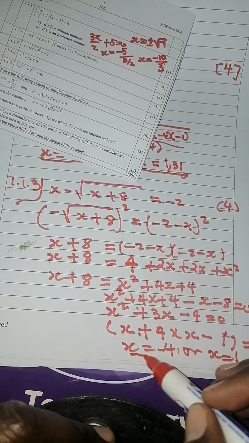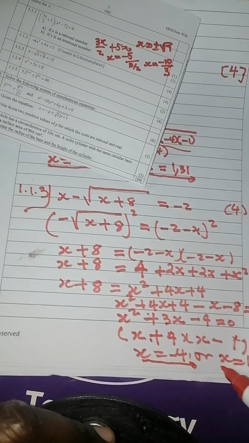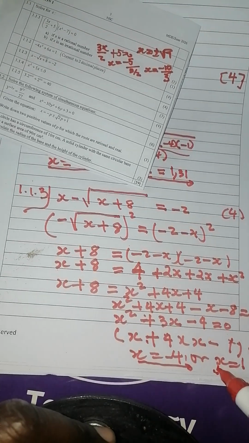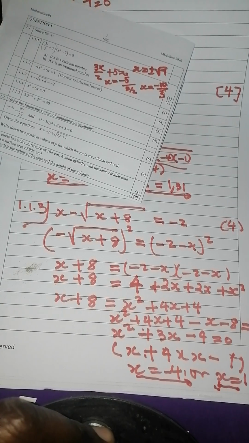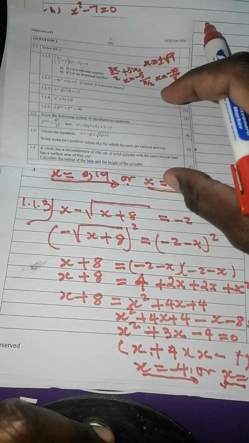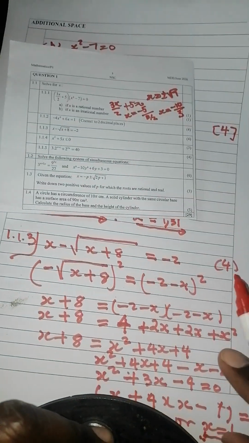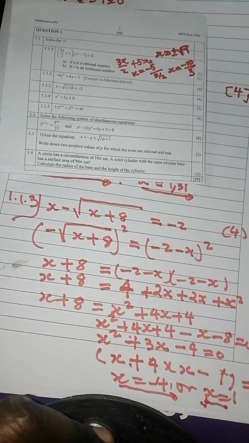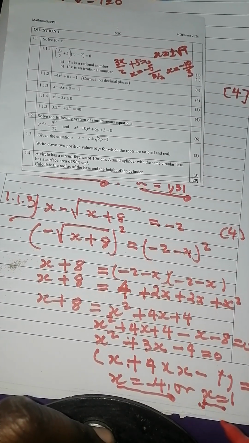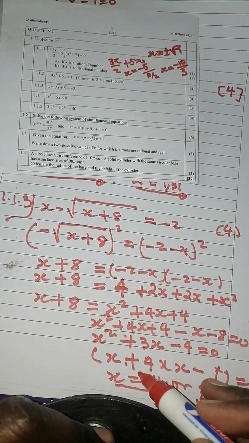Then, ladies and gentlemen, if you take the negative 4 to replace it there, the left-hand side is not equal to the right-hand side. It means the solution which you're going to take as valid is this one. As for the negative 4, the